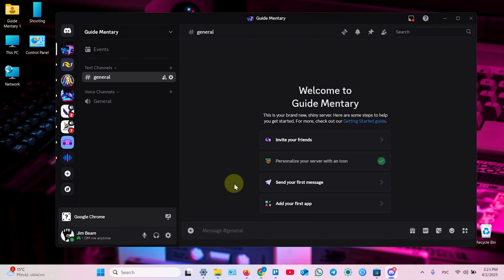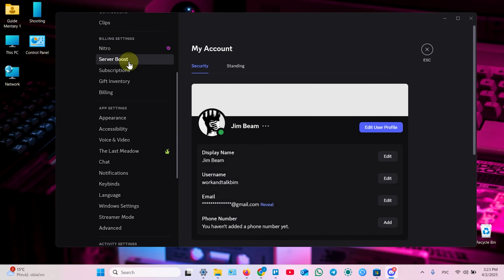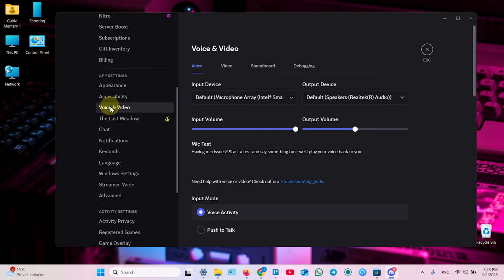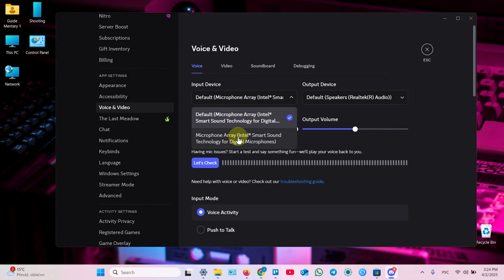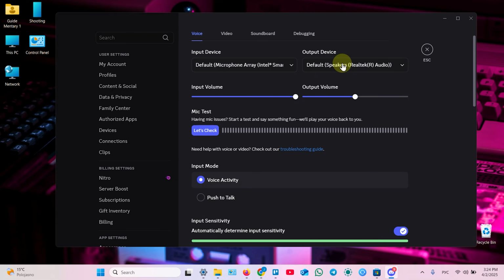But first let's go to settings and select our microphone. So scroll down in settings, go to voice and video. Now select your microphone in input device drop down. Over here select output device, speakers or headphones or something else you connect it to your computer, and also select